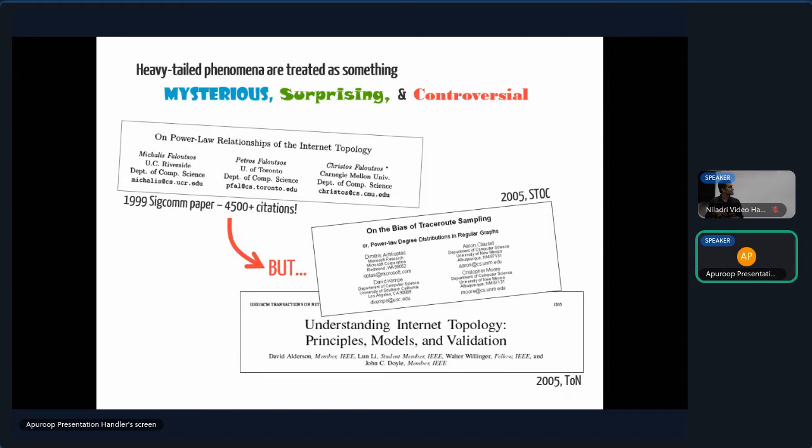So this tutorial will have three parts. First, we'll talk about properties of heavy tails. What are heavy tail distributions? What are various classes of heavy tail distributions? What are their properties? And so on. Second, emergence. What are mechanisms that explain the emergence of heavy tail distributions in various applications? And finally, identification. We talk about estimation. I will only be able to provide a glimpse on this, but we will talk about how to estimate parameters when one is working with heavy tail data.